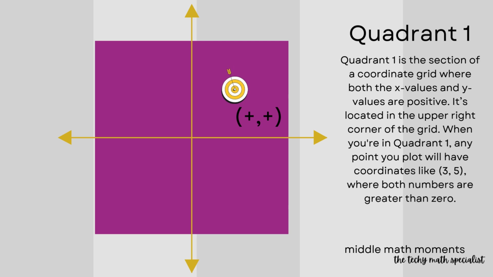Quadrant 1 is the section of a coordinate grid where both the x values and y values are positive. It's located in the upper right corner of the grid. When you're in quadrant 1, any point you plot will have coordinates like 3, 5, where both numbers are greater